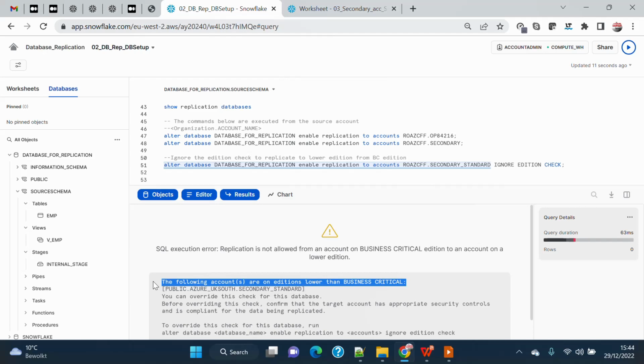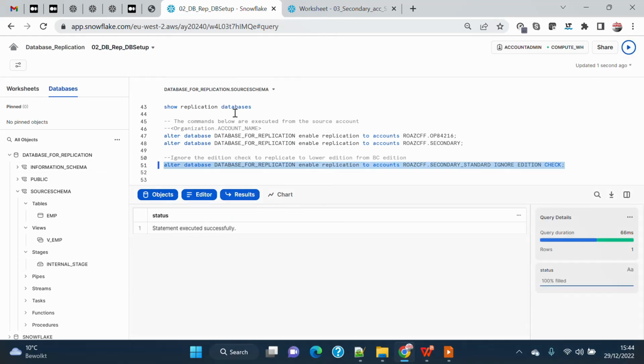So by default Snowflake stops you from replicating higher edition data to a lower edition account, but on your own you can add this ignore edition check syntax while enabling, which will inform Snowflake to bypass this check. So if I do this now,